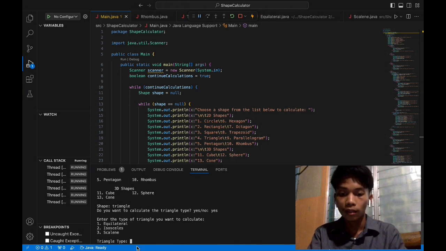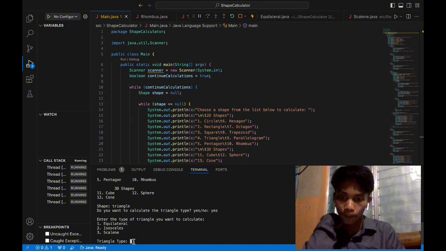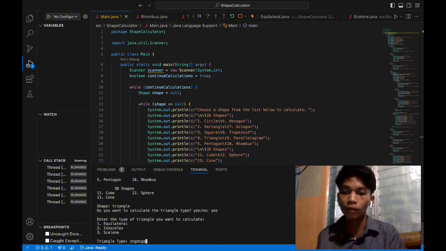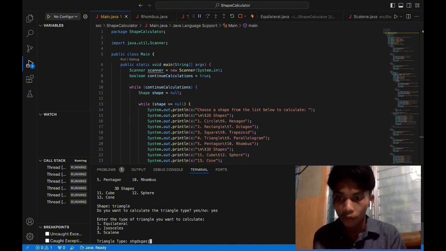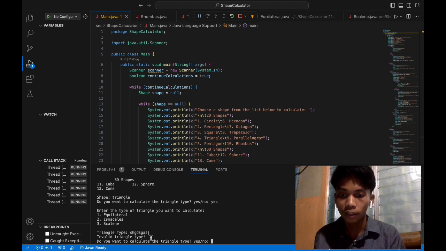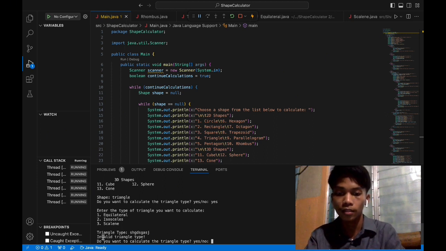If we input anything that is not a triangle type, this will be the output, which is the invalid triangle type, and it will show again this prompt: do you want to calculate the triangle type? If you type yes, it will show again the triangle types,